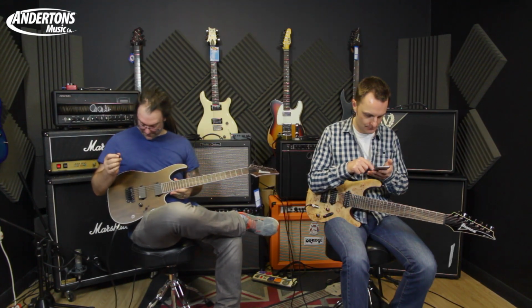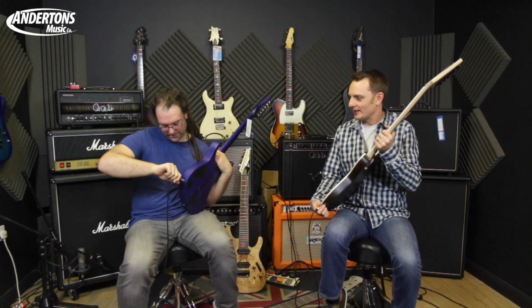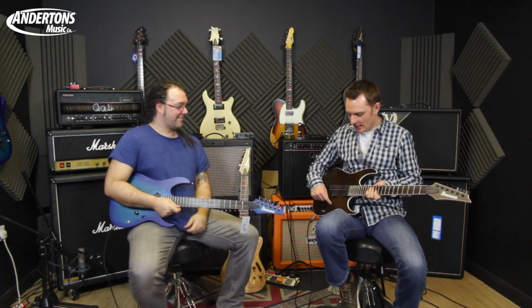This is a nice guitar. Staying with the tradition of Rob having a non-limited edition one and me having a limited edition one, I have...